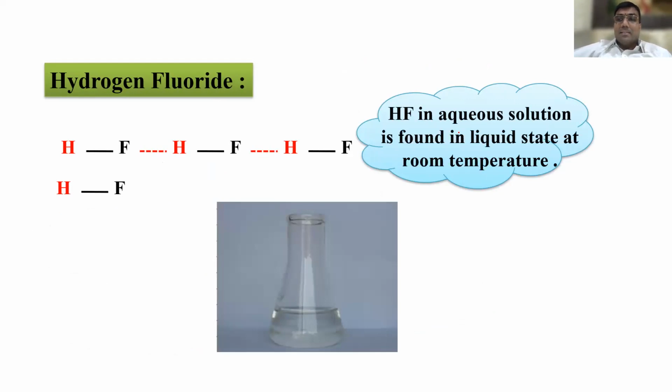Whenever state is considered, it is at room temperature, standard conditions. Mercury at room temperature is a liquid. Bromine, though a non-metal, is a liquid at room temperature, but at high temperature it may boil, I mean become vapor. Gallium is a liquid at slightly above 35 degrees, but at room temperature it is not.